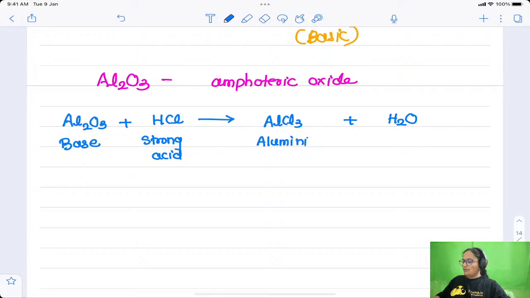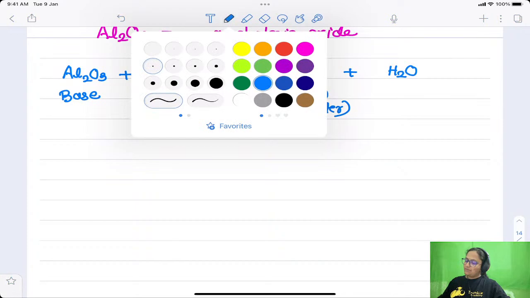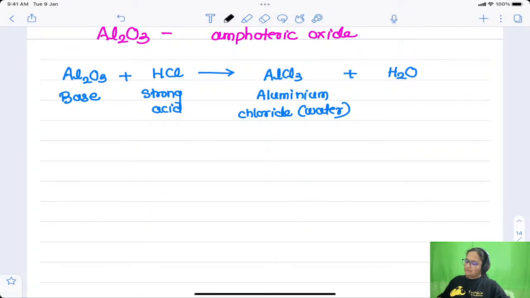Okay, aluminum chloride is the salt obtained, plus water. This is also a neutralization reaction, right? Acid reacts with base to give salt and water. Okay, let us balance this equation. So for the balancing, let us see the elements,